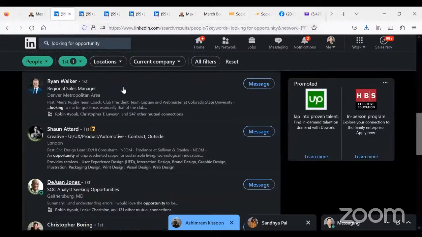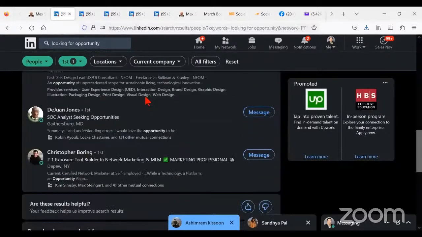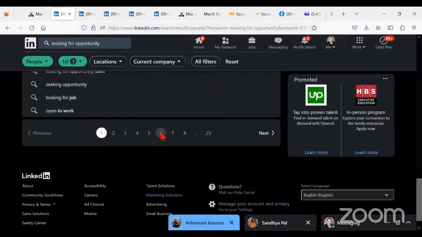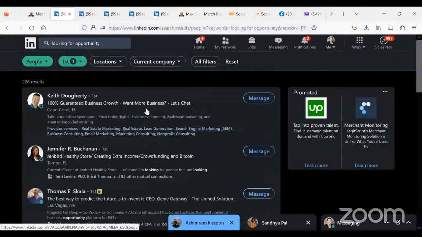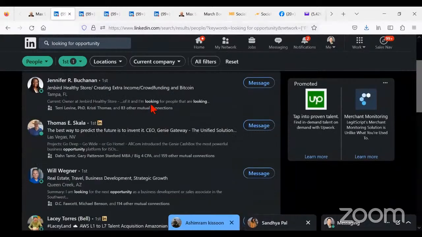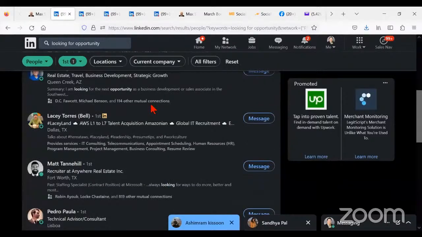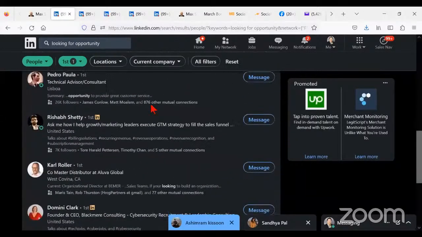We come back over here looking for opportunity. 10 on a page. Let's go to page 6. The easy way is obviously to look at the people that have the green